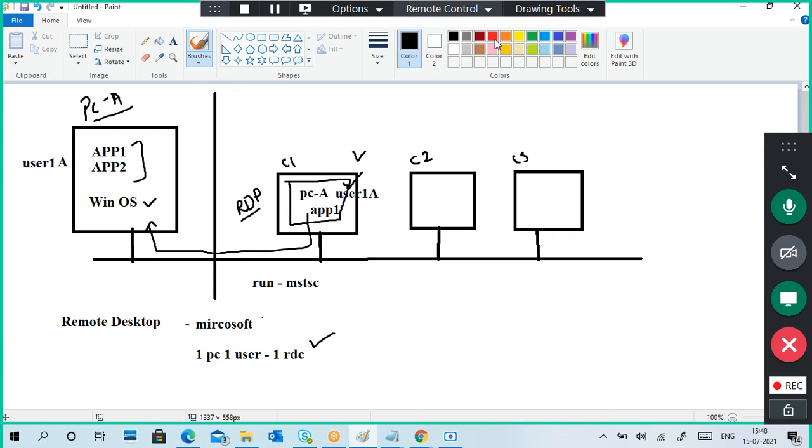Now the question is, if I want to access this PCA from C2 and C3 also, because not only one person, multiple users are required to access these applications or a desktop from their PCs at a time.